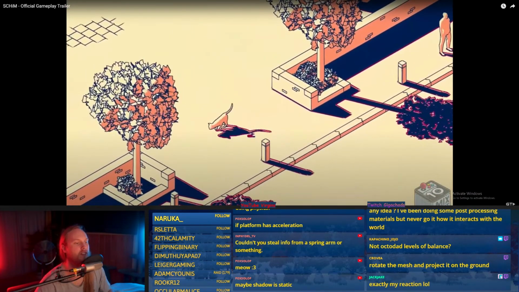So yeah, the gist of it is you need edge detection of some sort. Usually you do that with depth or with normals.